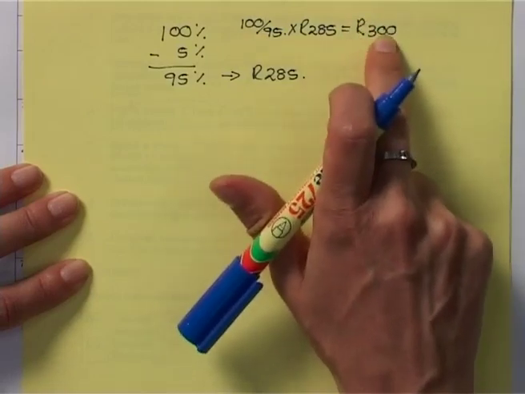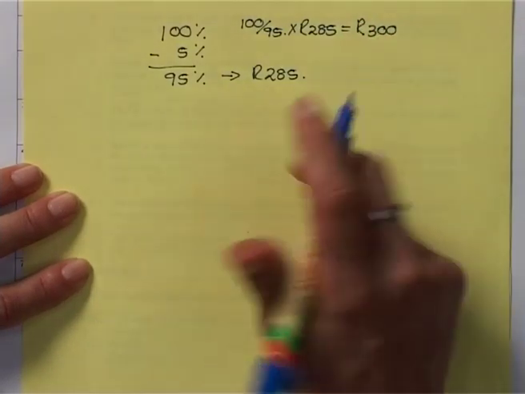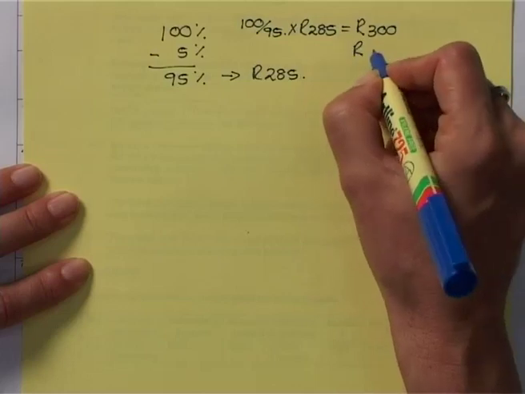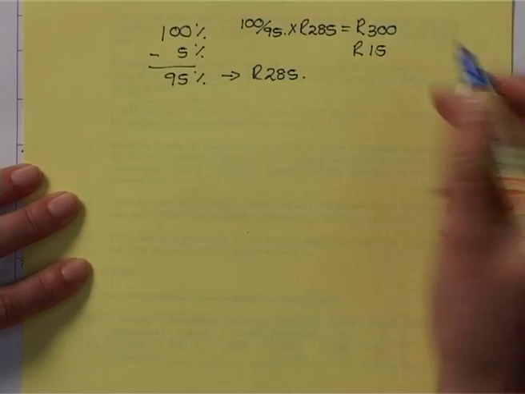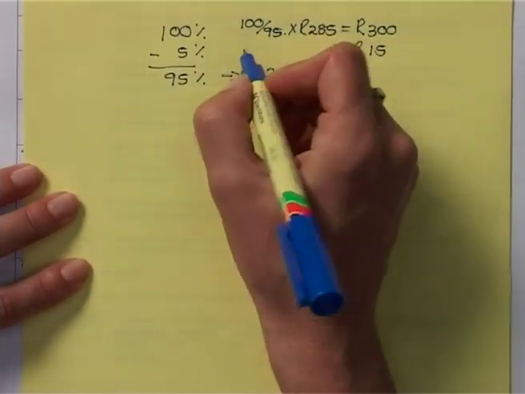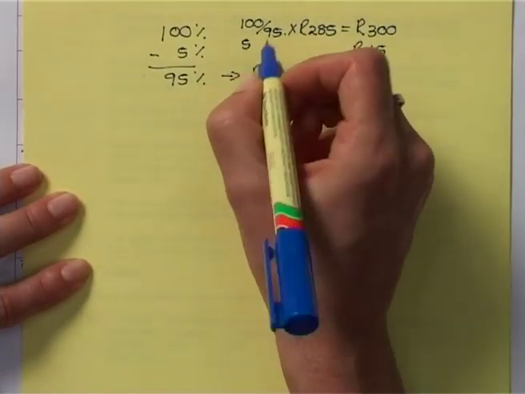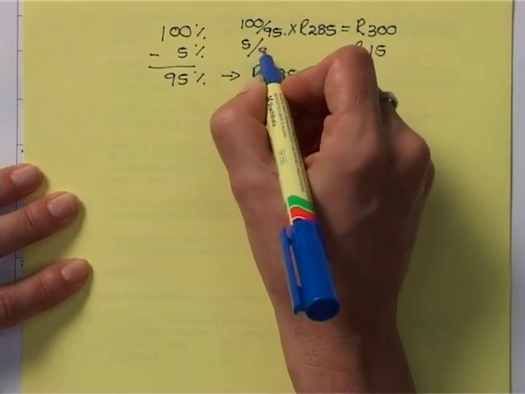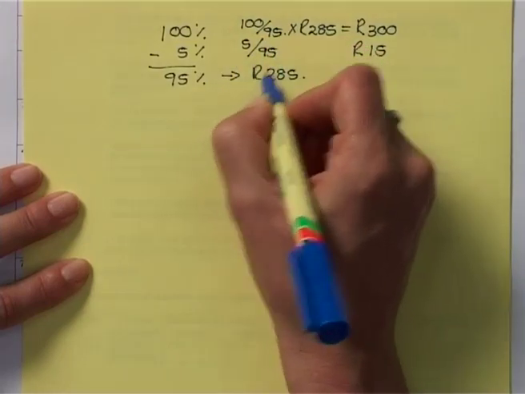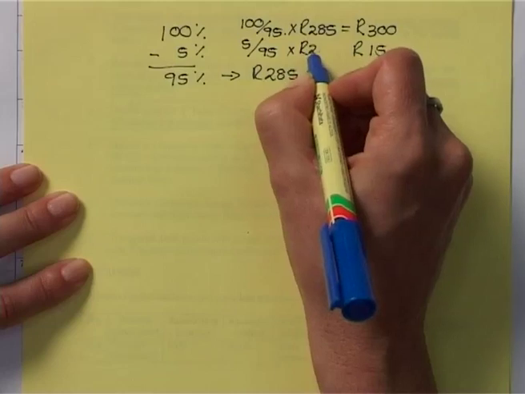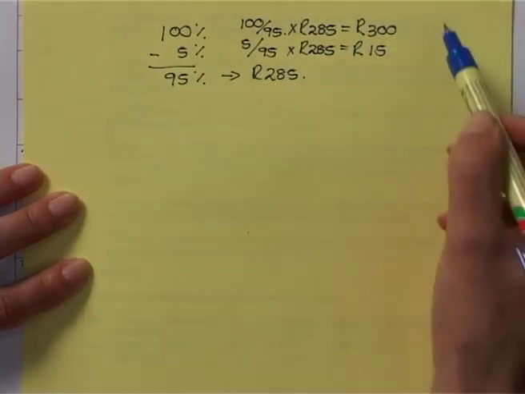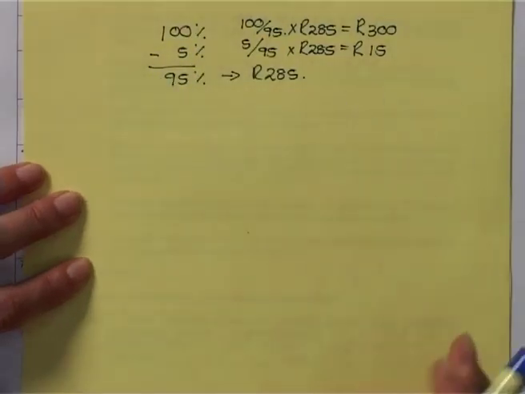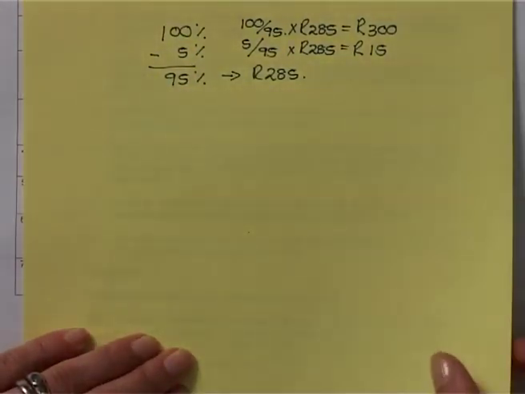If the full account was 300 and we made a payment of 285, that will result in our settlement discount of only 15 Rand. You could also do a calculation of this: 5 out of 95, the given amount, times the 285, and that will give you the same answer. So if we can now go over to including this in our table of analysis,